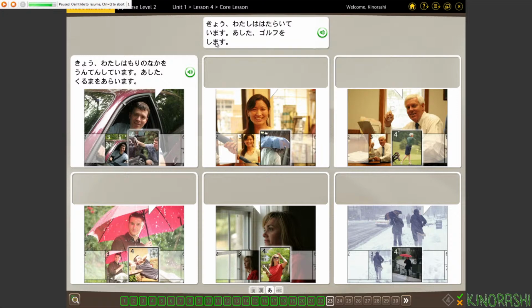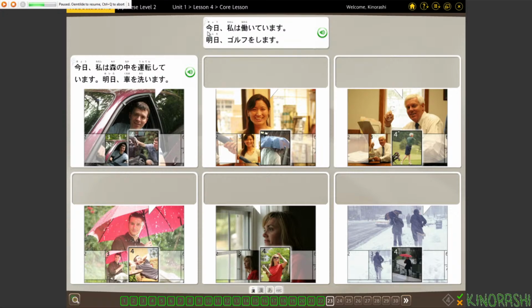Or actually, no, this is just a conjugate of it anyway, so you're saying it, yes. So, 今日私は働いています。明日ゴルフをします。